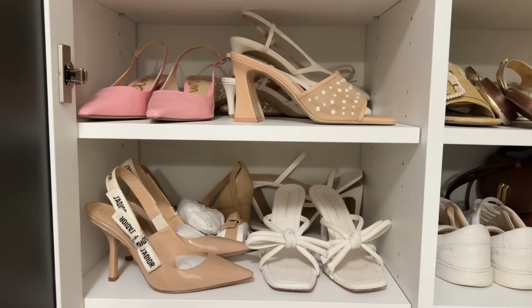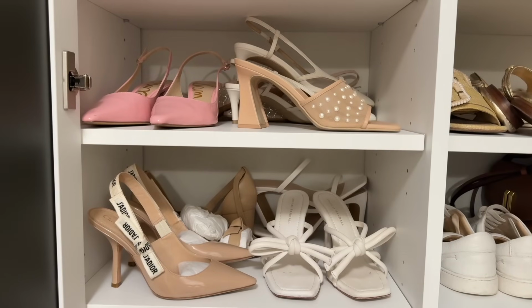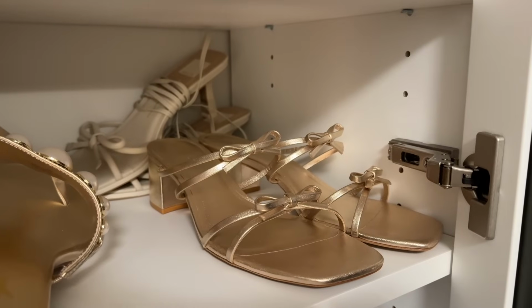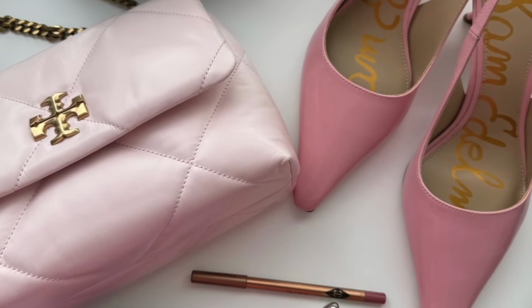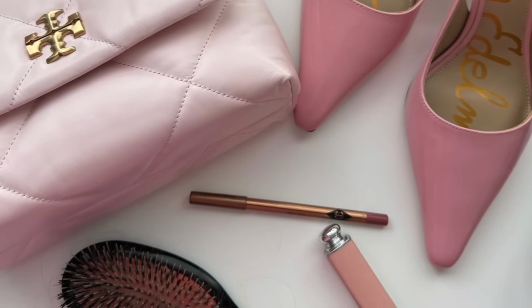My next recommendation is something that you can dress up a little bit more. So my two recommendations would be a nice classic espadrille wedge or a slingback heel. This is going to be the shoe that you reach for dressier occasions, workwear, if you're invited to any events